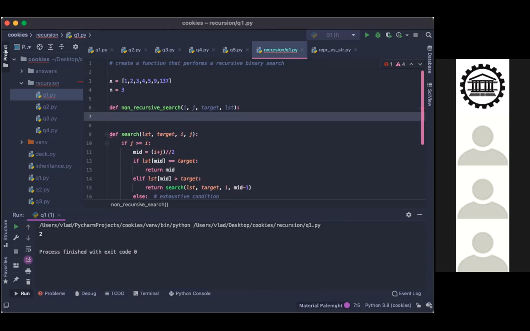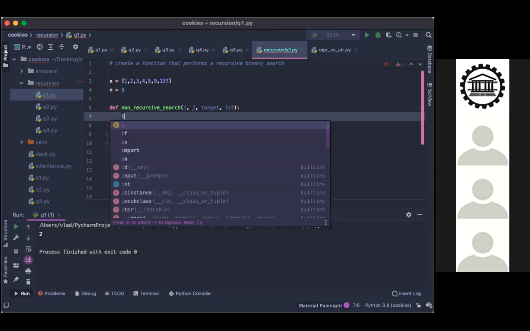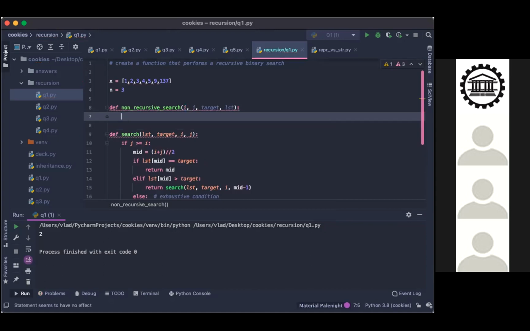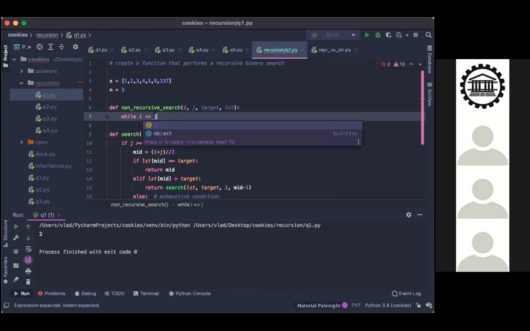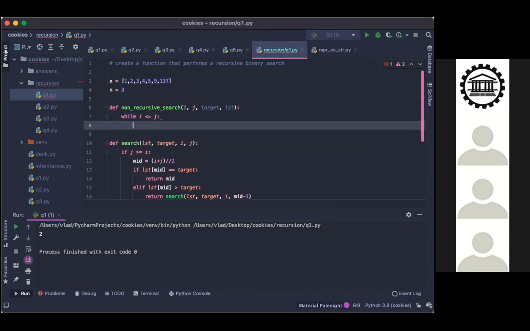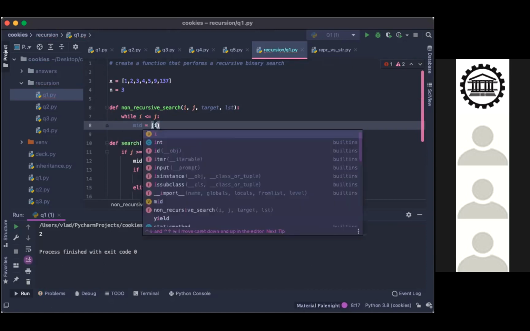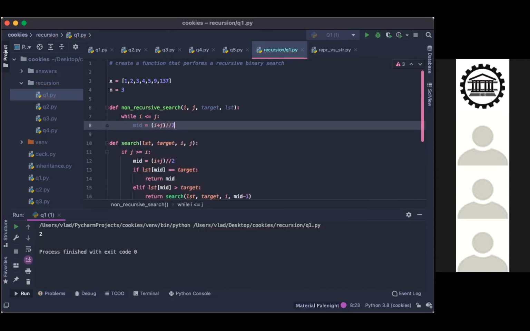So while I is still less than or equal to J, we want the loop to keep happening. And then we do the same thing with mid.